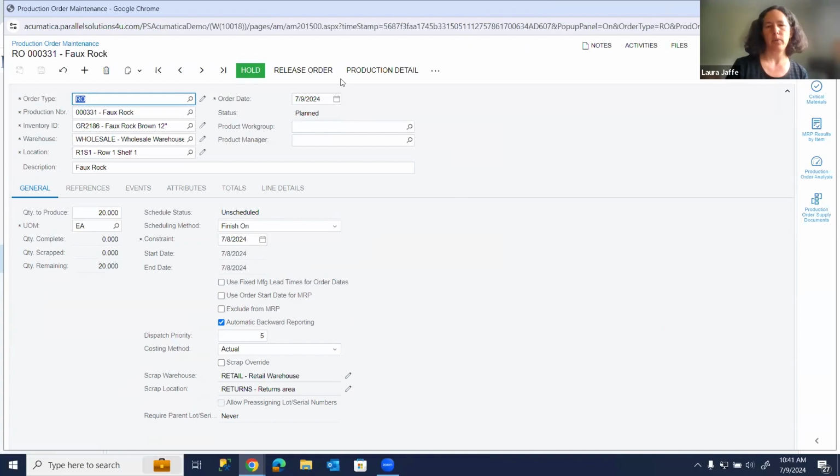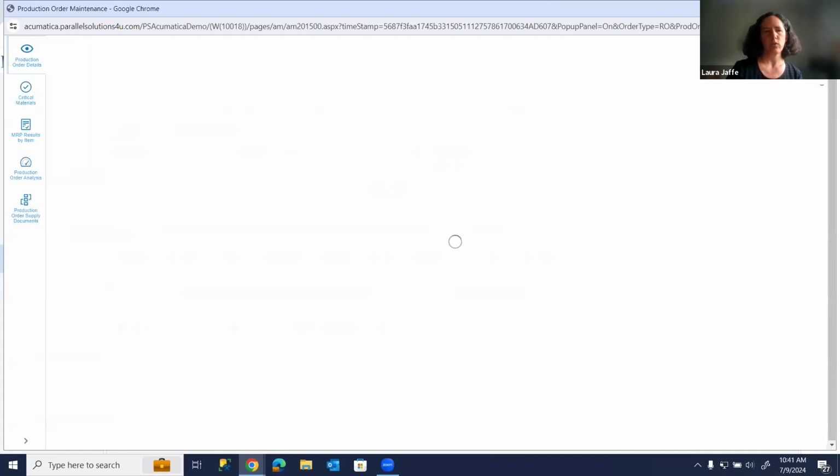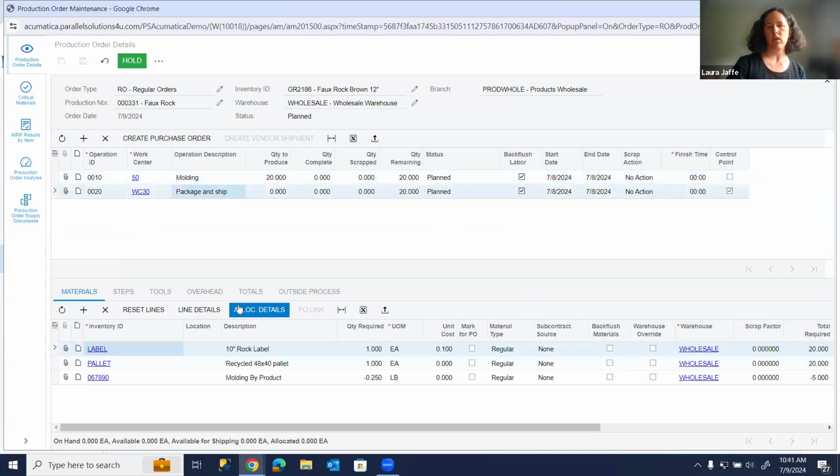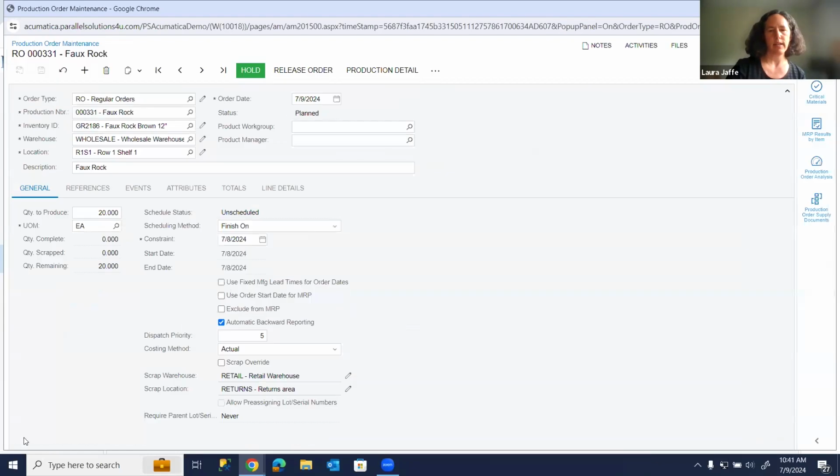This would show up on the dashboard of the production manager, and he would probably release this order. So you can see on our production order, it's copied all of the information. If we look at our production order details on another side panel here, we can see it's copied all of the information over from the bill of material. But if I need to edit that, I can make changes. Maybe I don't have any of the 10-inch labels. I'm just going to choose a different part here. I can swap things in and out here,